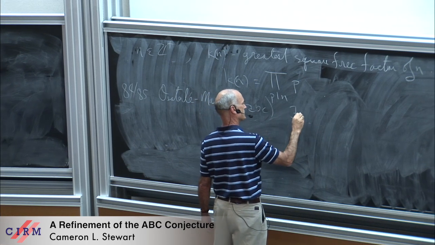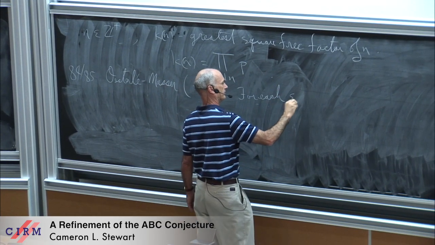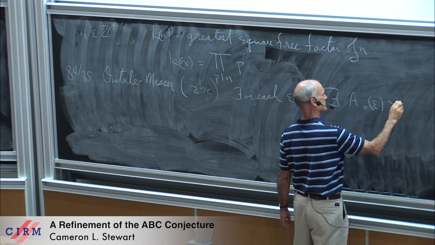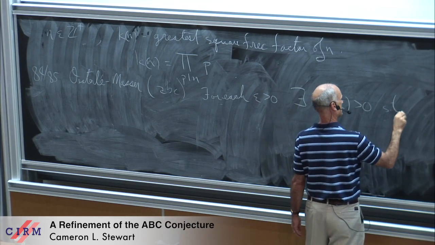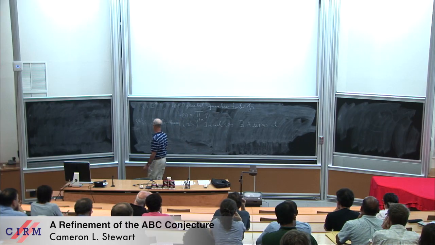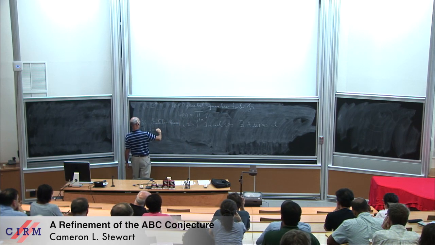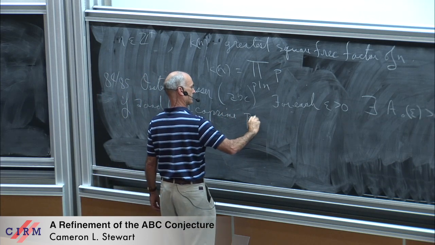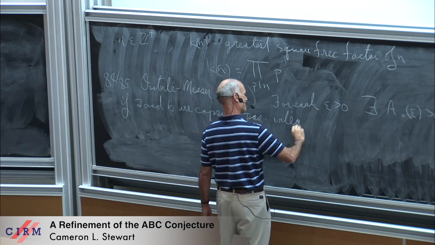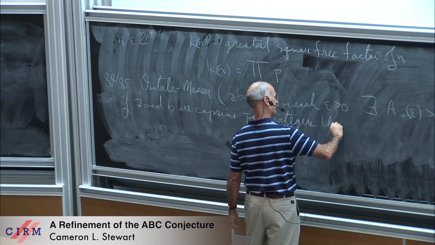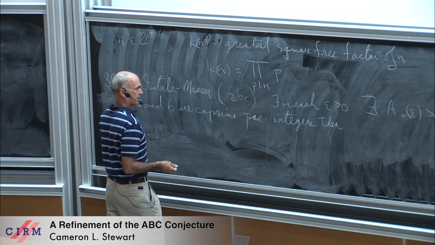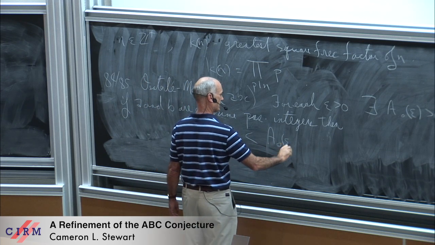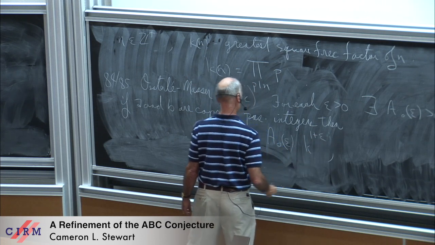Well, for each epsilon bigger than 0, there exists some positive number, which depends on epsilon, such that if A and B are coprime positive integers, then C is bounded from above by A0 epsilon k to the 1 plus epsilon,